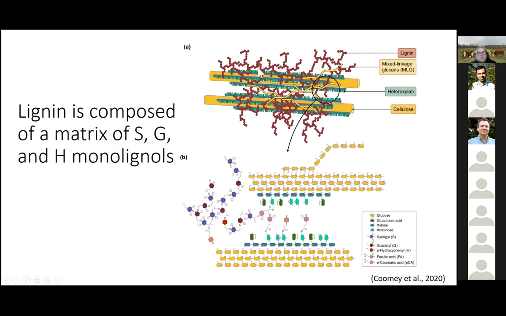And here's an example of secondary cell wall, just for review. This is from Sam Hazen's lab at UMass, where you have the cellulose and this lignin compounds, this lignin that's interwoven in between here to provide mechanical strength. If you zoom in on the lignin, lignin is composed of three monolignols that form this polymer. The S and G, S is the purple, G is the maroon, and the H is the red. And most lignins are comprised of the S and G monolignols, with a small amount of the H monolignols as a part of that.